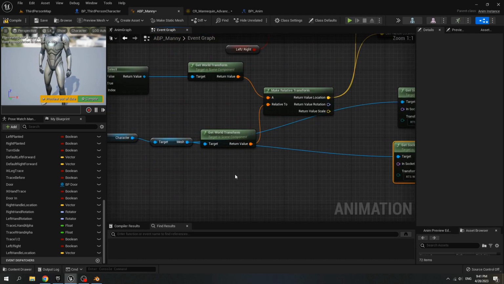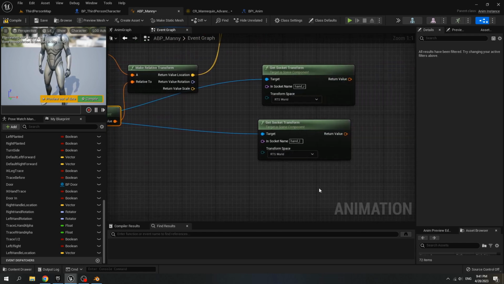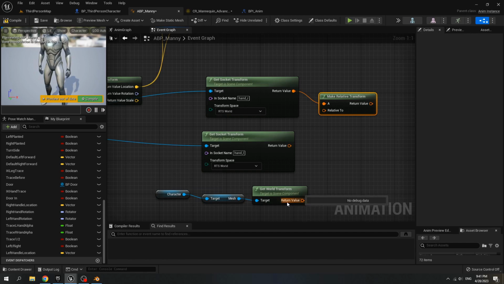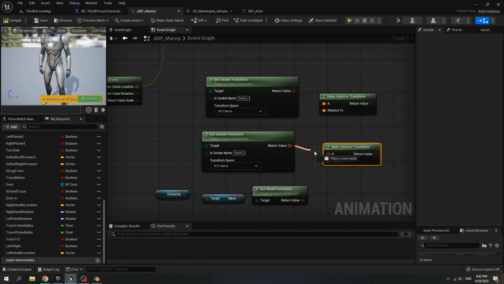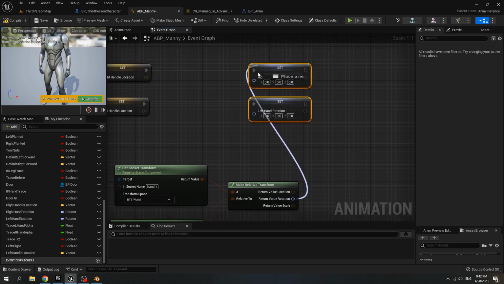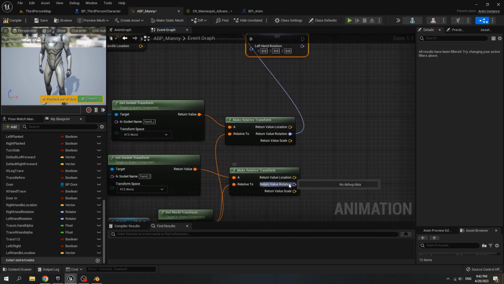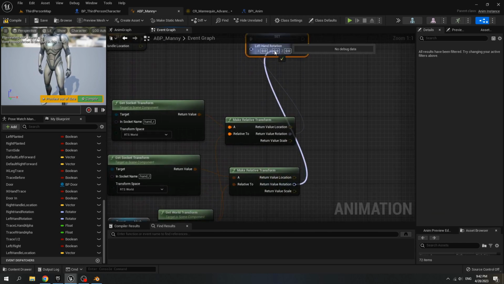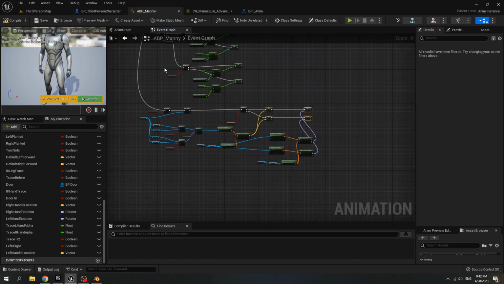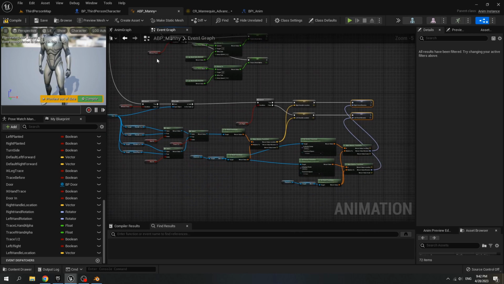Then copy this character world transform, make relative transform, and connect this world transform to the relative 2. Copy it for left hand, connect it to relative 2. Then split it, connect the rotation to right hand rotation and the rotation of L to the left hand rotation. That's it for our BP menu.